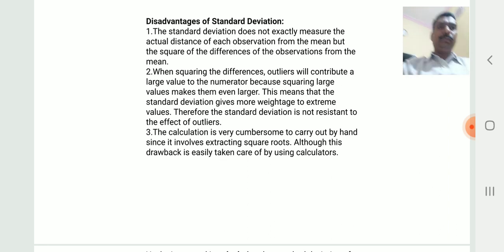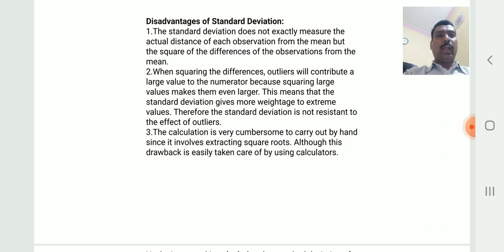measurement, but the square of the difference of the observation from the mean. When squaring the difference, an outlier will contribute a large value to the numerator, because squaring a large value makes it even larger. This means that the standard deviation gives more weightage to the extreme values. Therefore, the standard deviation is not resistant to the effect of